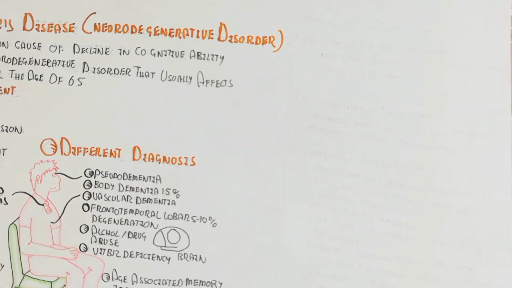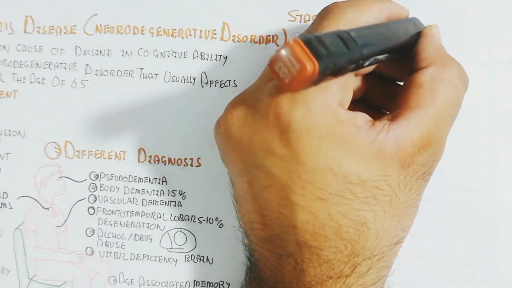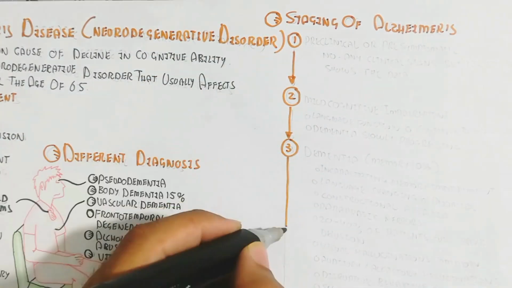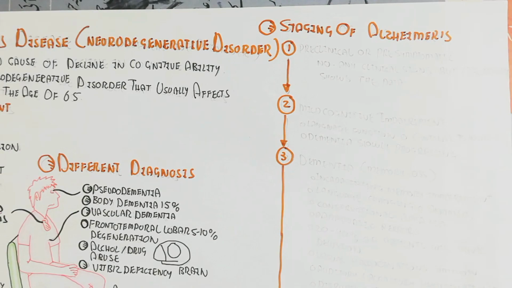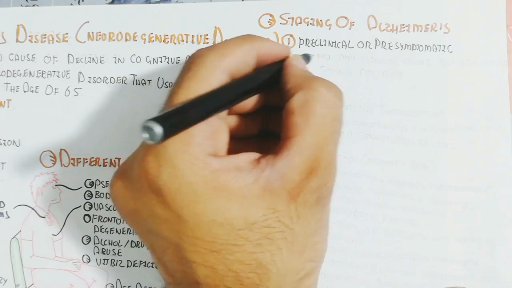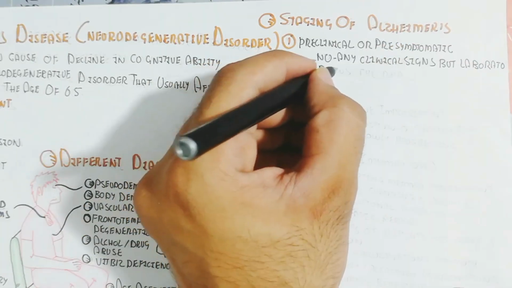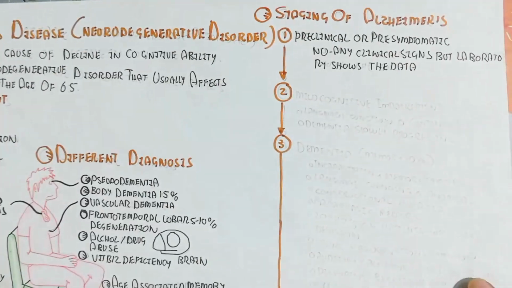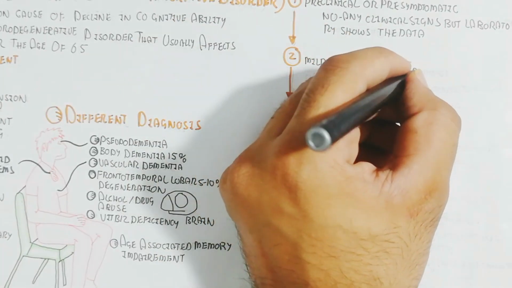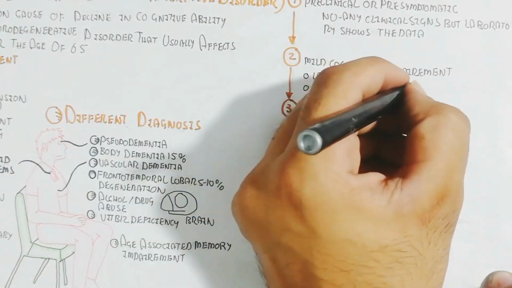Anyhow, this is a progressive disease, so we should understand the stages of Alzheimer's. The number one stage is nothing basically. It can be identified through evaluation or by the blood test or other laboratory tests. It is preclinical or pre-symptomatic, and in this stage there is no chance to notice symptoms, only what the blood test and laboratory data can identify.